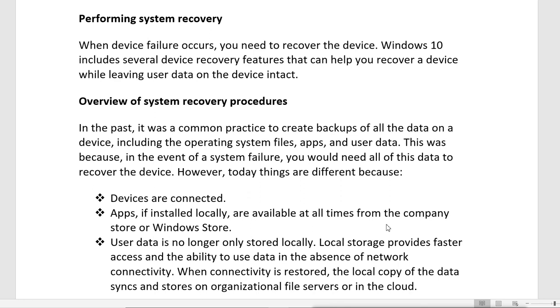Apps, if installed locally, are available at all times from the company store or Windows Store. User data is no longer only stored locally. Local storage provides faster access and the ability to use data in the absence of network connectivity. When connectivity is restored, the local copy of the data syncs and is stored on an organizational file server or in the cloud.